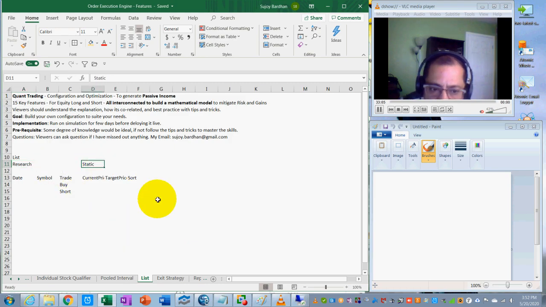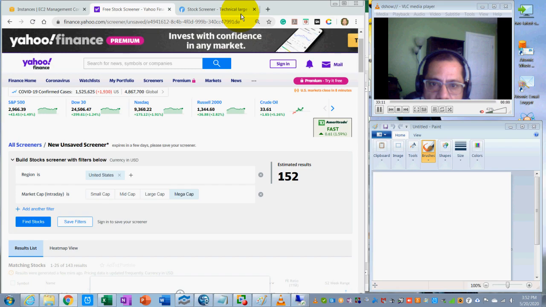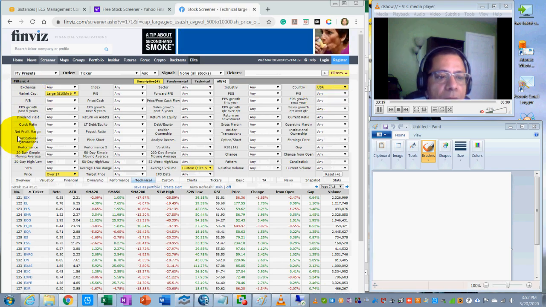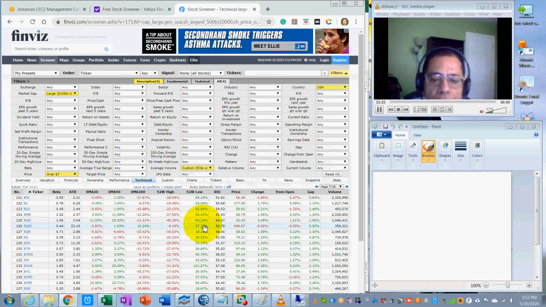But when you're talking about static, you can prepare different types of lists. One of the lists could be from Finviz, as I was telling you earlier. You could select the country, market cap, the price range, the volatility if you want to. You can do whatever you want. Basically here we are looking at a technical aspect of the data. Remember I was talking about the simple moving average of 50 and 200. In my case, I was giving an example of 20 over 50. So you can easily say that